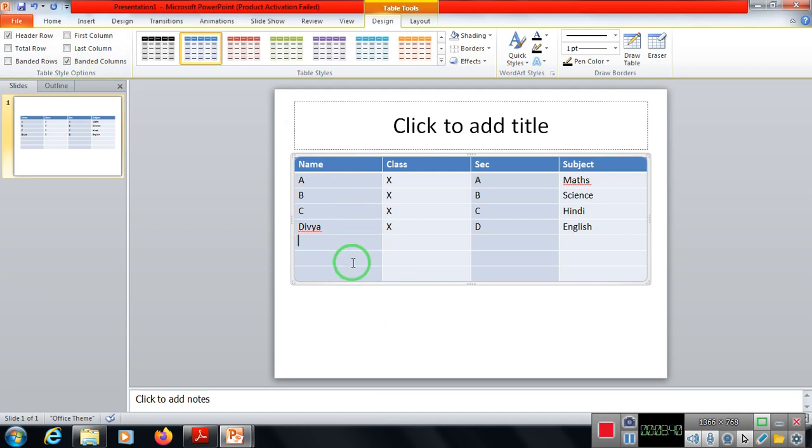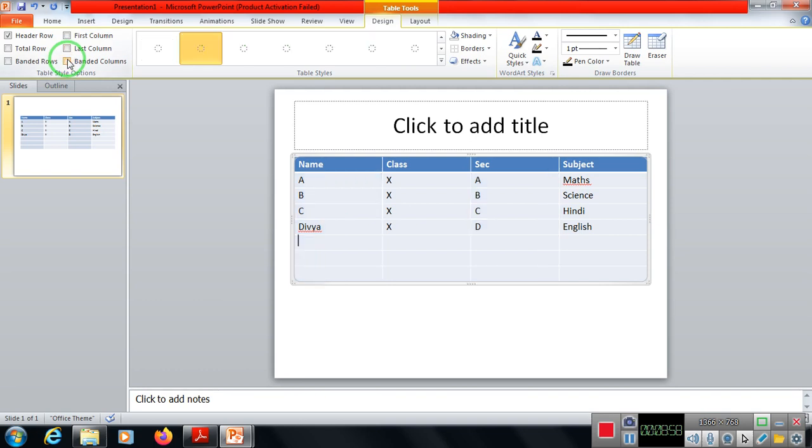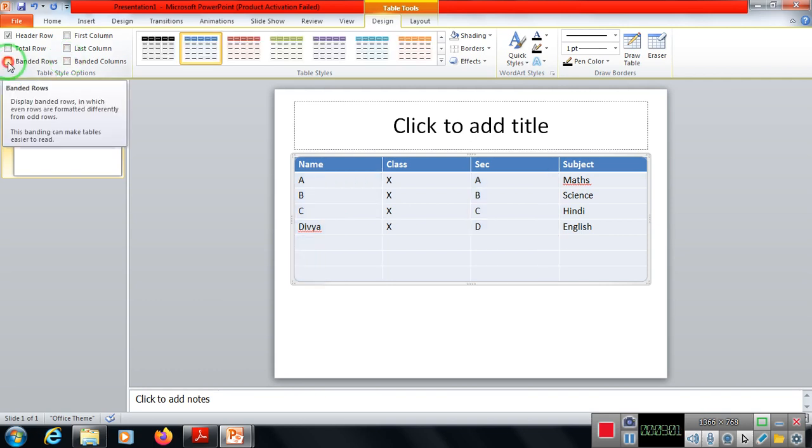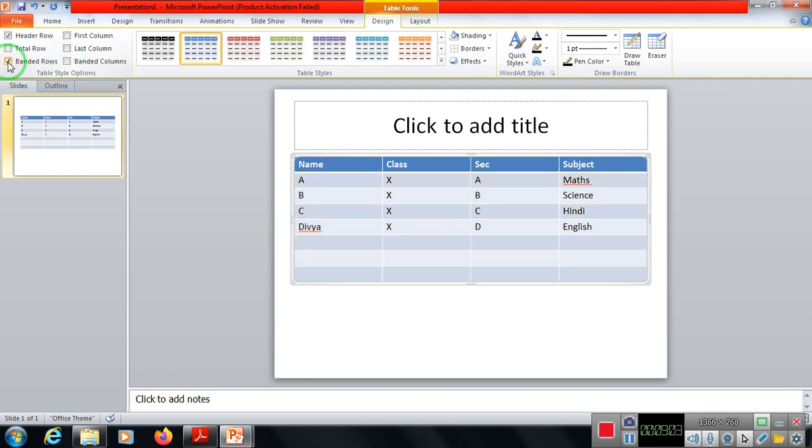This column in the same way, this column in another way, again in the same way. So that means we should be able to identify columns also. So for this we can utilize banded columns. So generally we use banded rows like this.